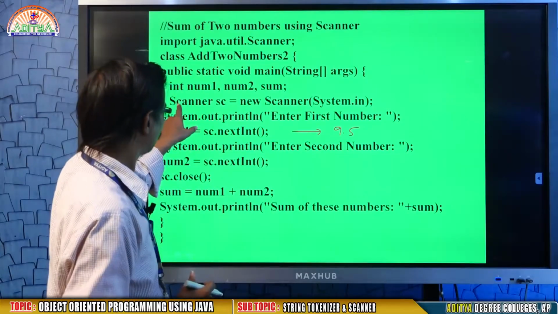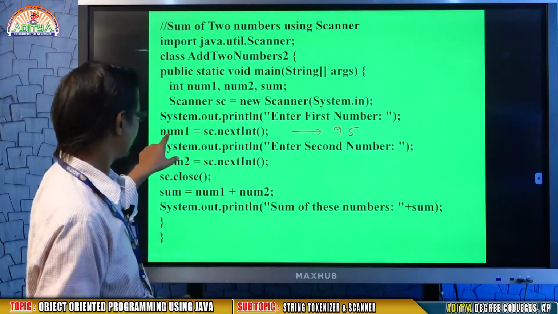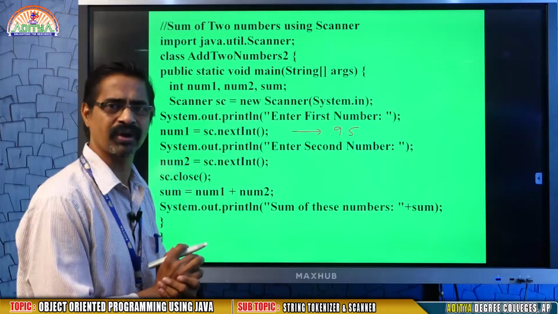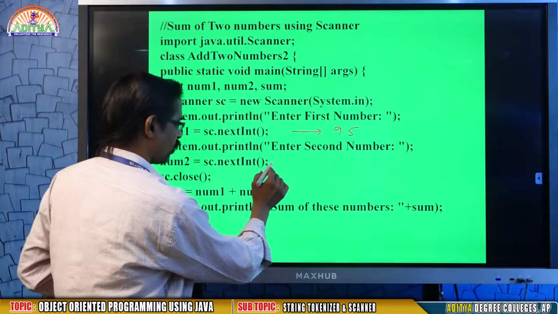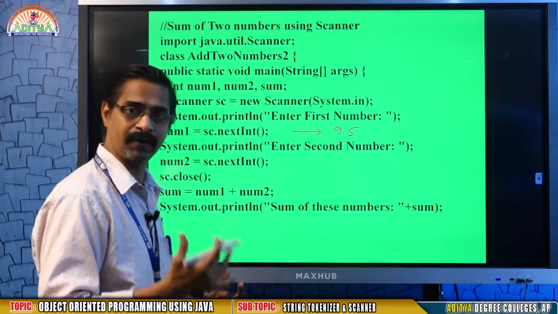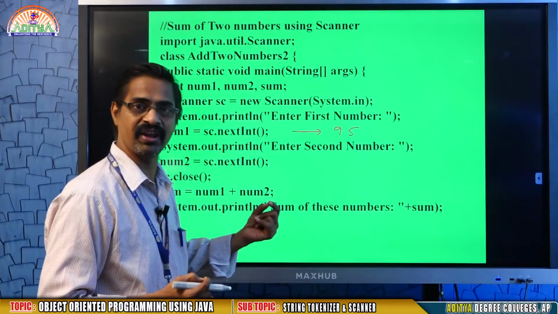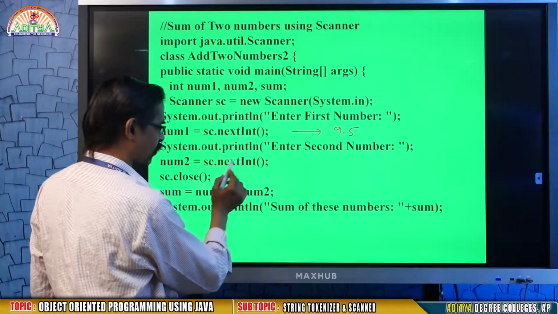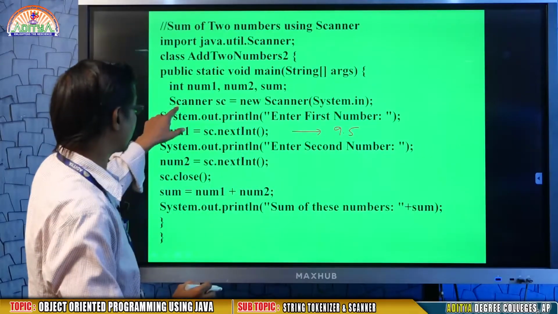Scanner is no problem. Simply define the scanner and a variable equal to that scanner object dot nextInt, nextWord. The problem will be over. So then try to test different types of values so that you understand easily. Okay, writing here nextDouble, define num1 and num2 as double.